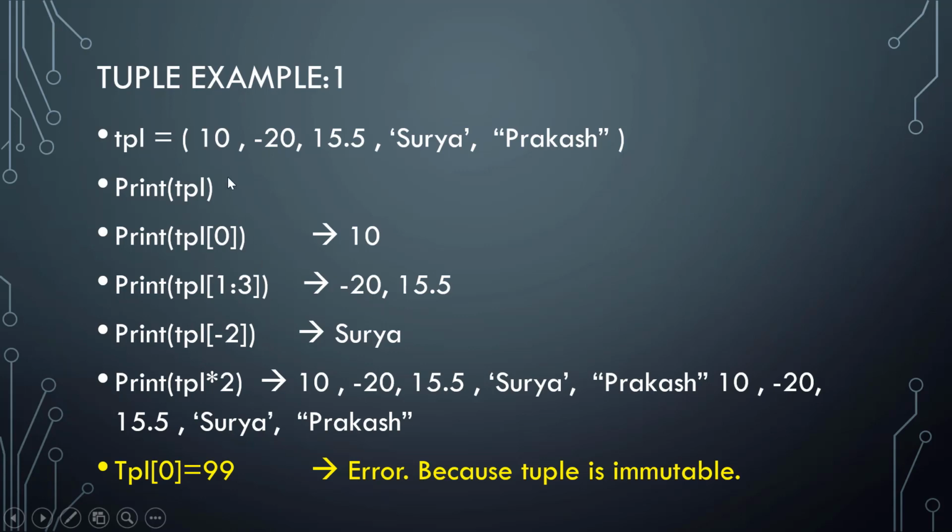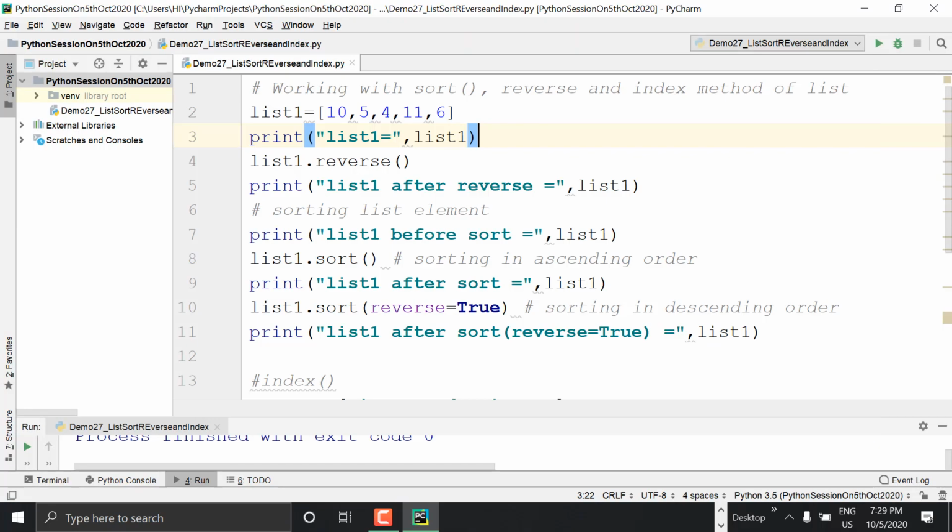Let's see how to do this practically. Okay, let's go to PyCharm and create a new project, a new file for this, like demo 28. I'm saying new Python file. So demo 28 underscore tuple demo 1, I said. So how to create a tuple now? Let's see. Creating a tuple.